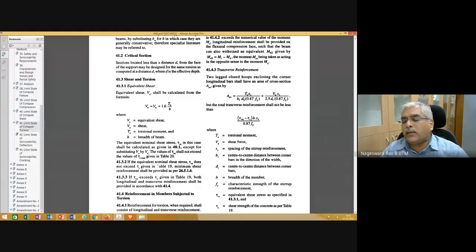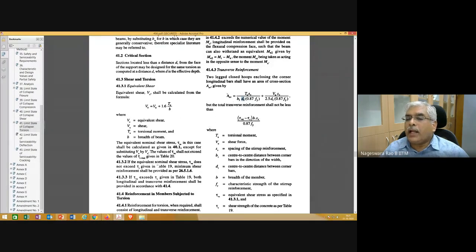B is the width or breadth of the section. B1 is the center to center distance between the corner rebars in the width direction, and D1 is the same thing in the depth direction. So that is what you need to pay attention to in this relation, and the rest of the things are all self-explanatory.